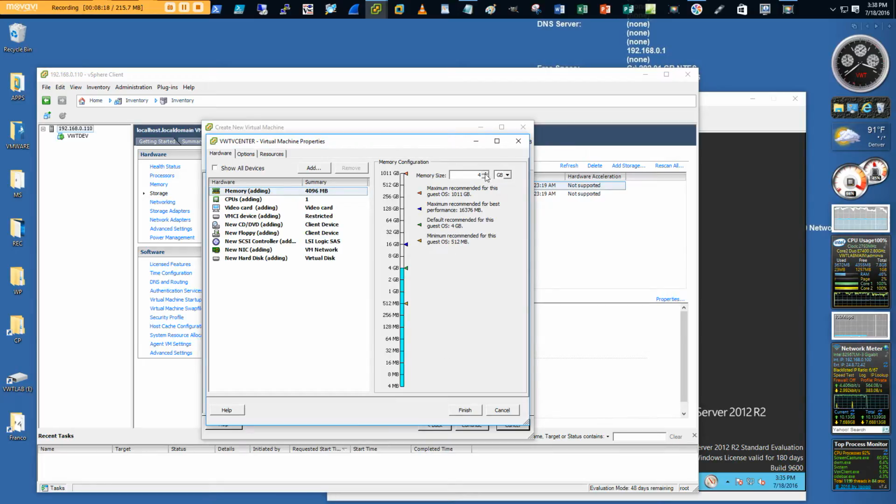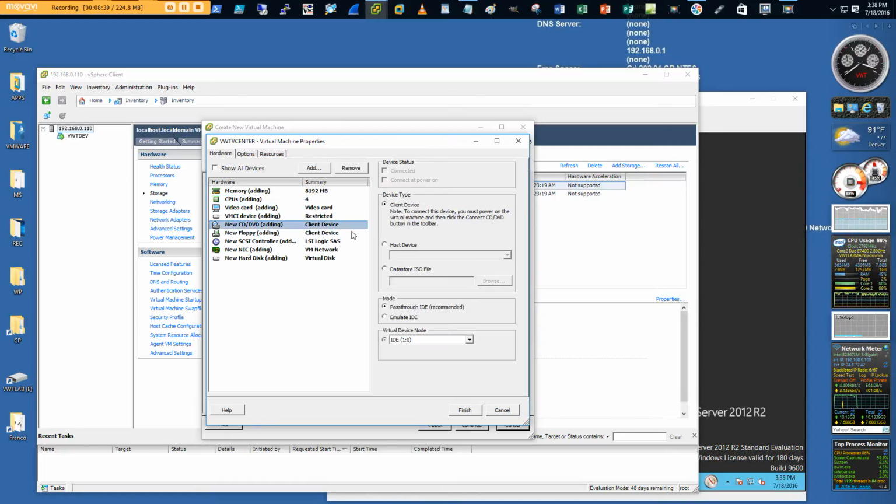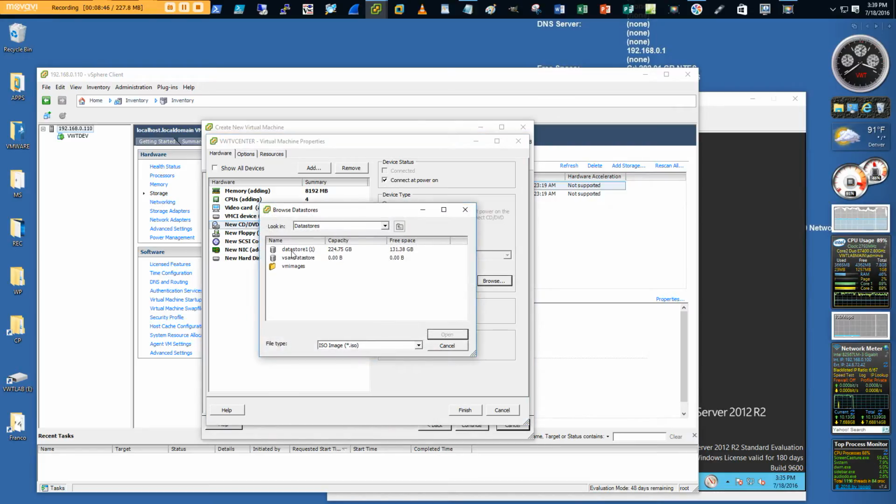So again, this guy, we're going to give it 6 gigs, or actually 8 for the install, and we're going to give it 2 virtual sockets and 2 cores for right now. Later on we can bring it down a little bit, but that's what we need right now. And again, for the ISO that we're going to select to install, we go back to the data store, to our ISO folder, and select the correct ISO, which is right here,